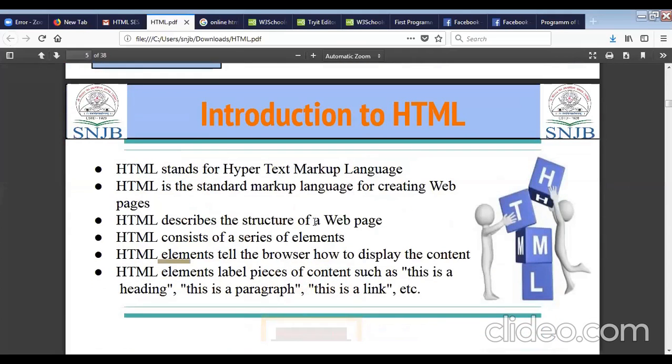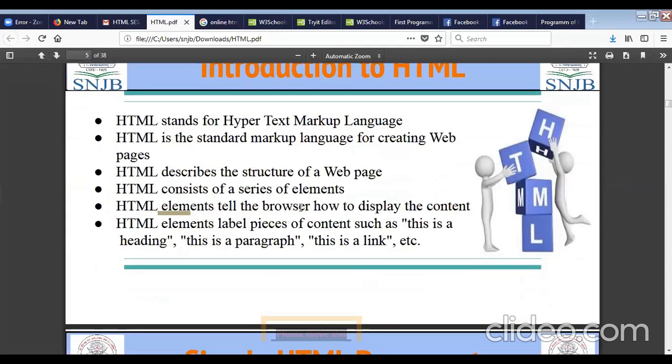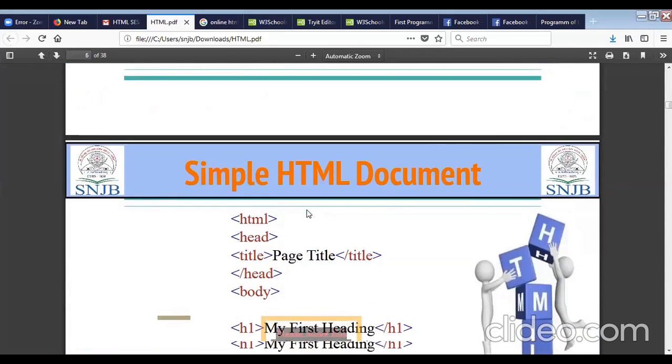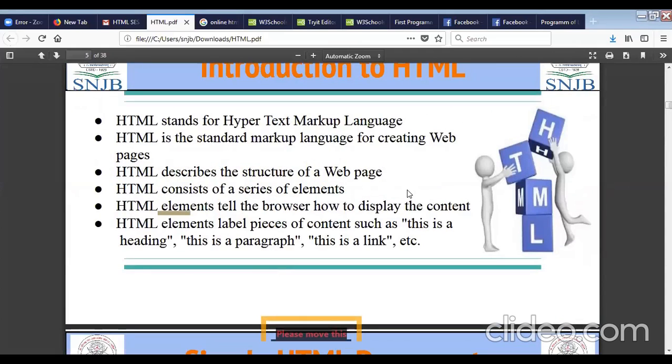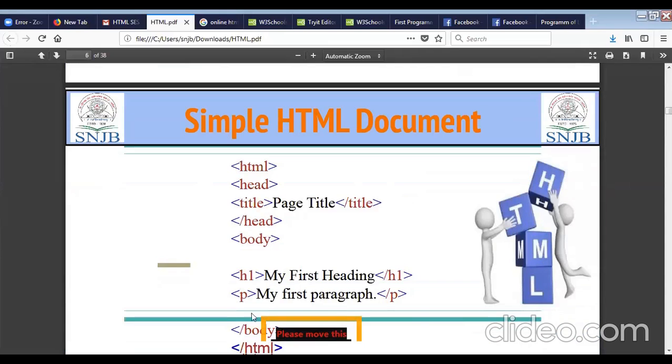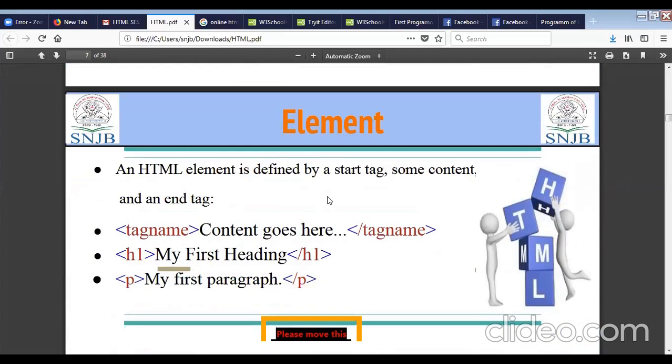We have started with the introduction part. Then we have already seen what is HTML, why it is used. Then we have seen the code or simple example of an HTML document. Then we have finished with elements, which elements are present in your HTML.